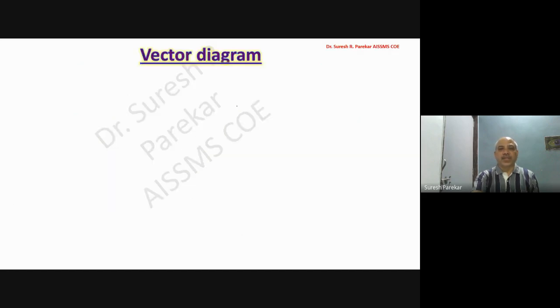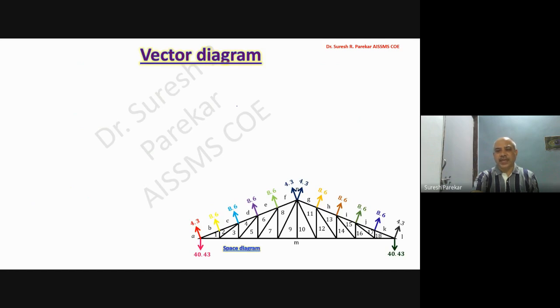Now we will go for the vector diagram for wind load. We have this space diagram, so now we will start to plot it. Now AB. You can see again in the same way we are using color. We are parallel to this, with scale 1 centimeter equal to 4.3 kilonewtons, so that it becomes easy for you. Then we have BC 8.6, then CD, with colors you can see, so that you will understand which force we are plotting. DE, then EF, then here we have FN, that is 4.3.